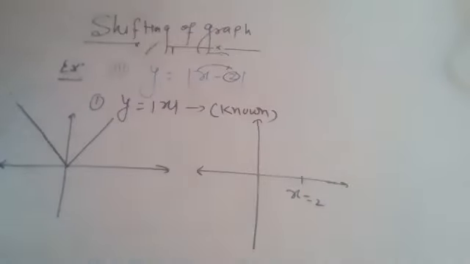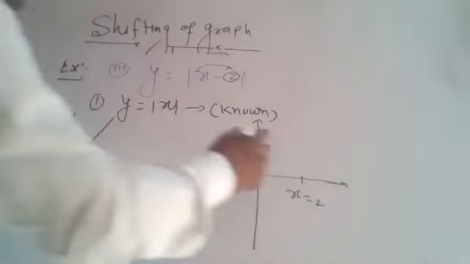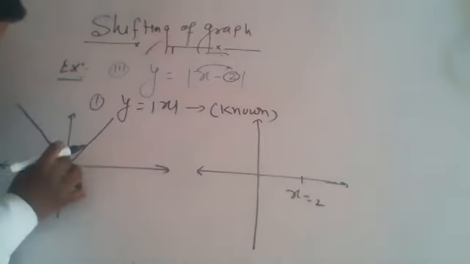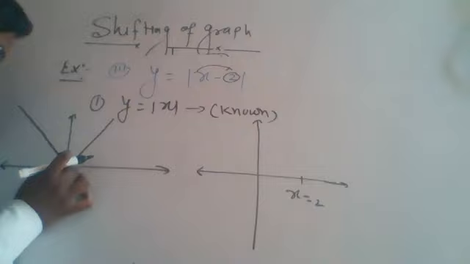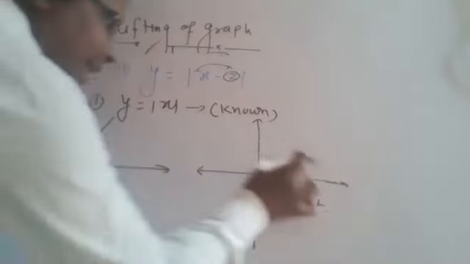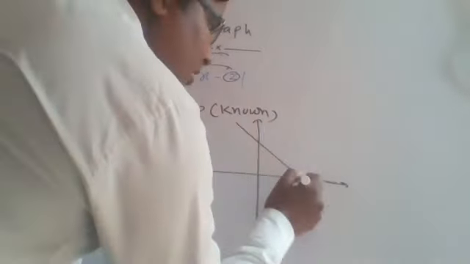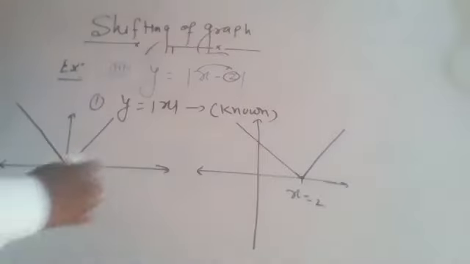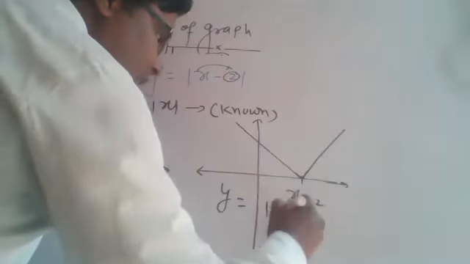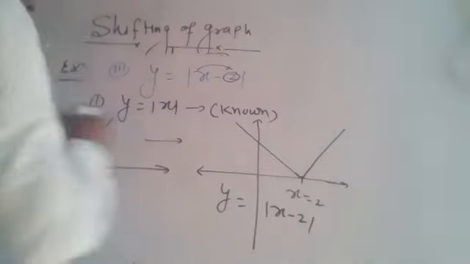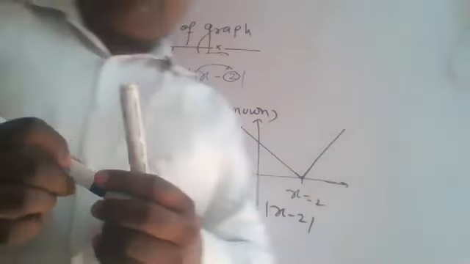2. Okay, to all of you. So here we have to just shift the graph at x equals to 2 by picking this graph which is at the position of origin at x equals to 2. When we shift, then we get the graph, this one. Shape and size never be changed, and this one is the required graph of mod x minus 2. Just write down this simple technique.